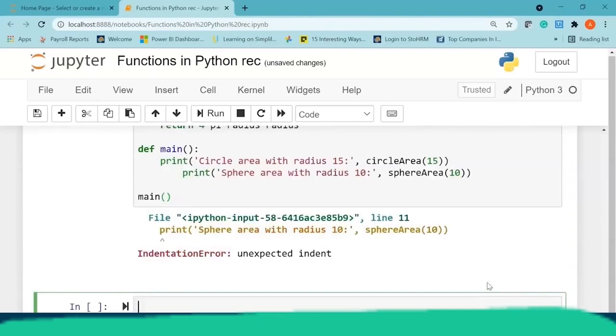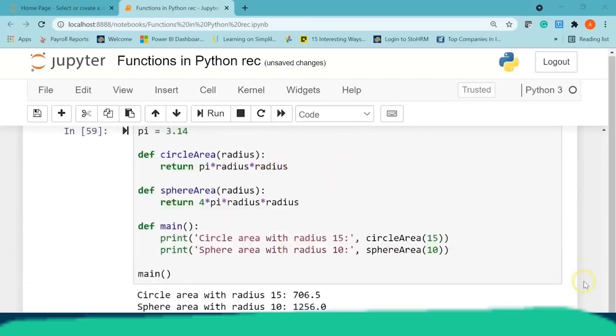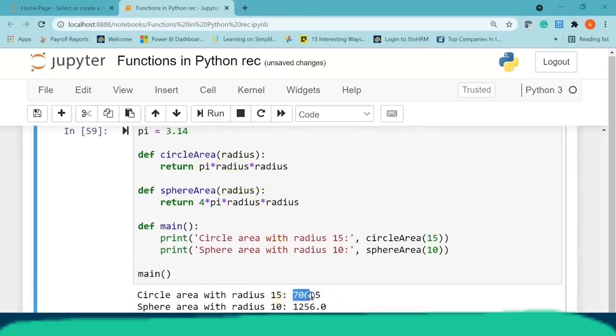Now let's run it. Okay, there is one error here. This is an indentation problem. Now we'll run it again. There you go. So the circle area with radius 15 is 3.14, which is the pi value, multiplied by radius into radius, that is 15 into 15. So the value is 706.5, and similarly the sphere area with radius 10 is 4 into 3.14 into 10 into 10, that is